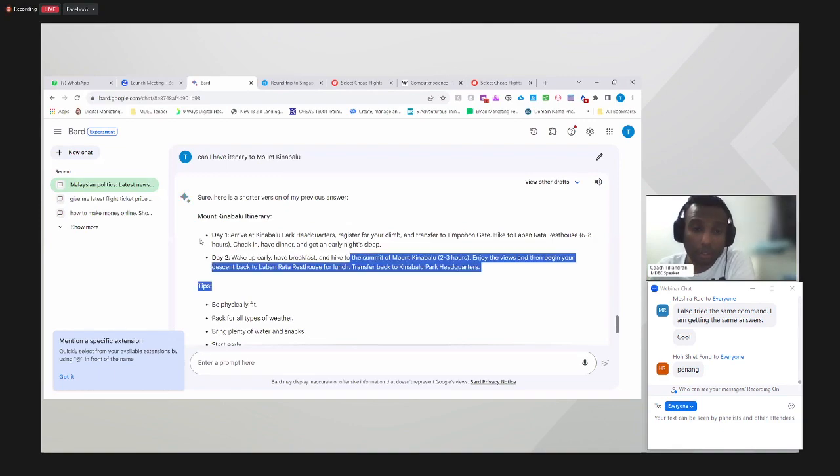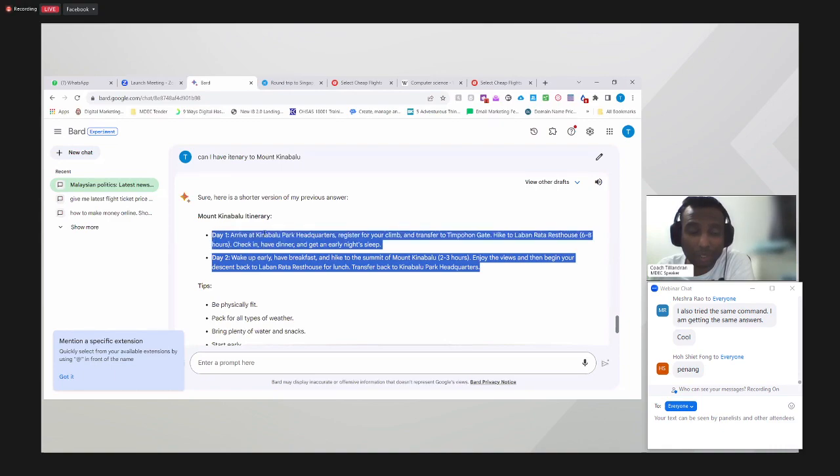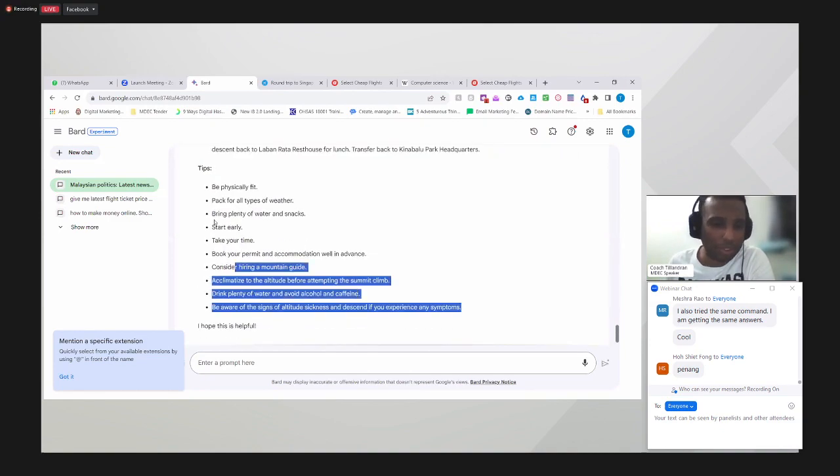Those yang buat event management kan, biasanya kalau event management kadang-kadang you guys kena buat a very long, detailed itinerary, and then after that you guys akan ada a simplified itinerary. So for those that nak buat a simplified itinerary untuk WhatsApp group, you can use this kind of tools to generate points in the answers. Okay, and if you want to share some tips, ambil daripada sini.